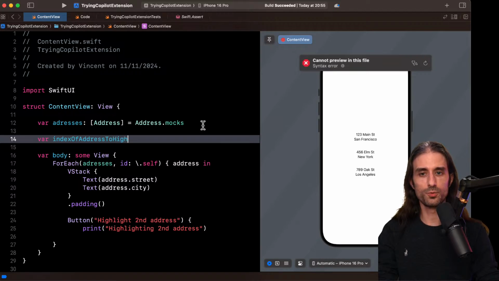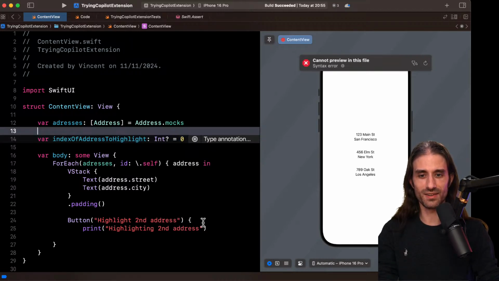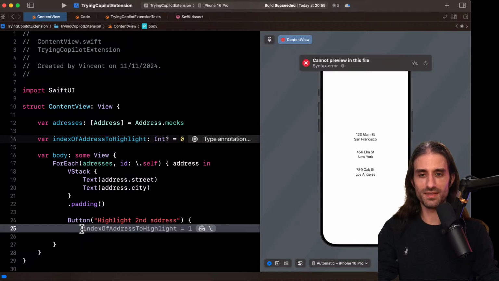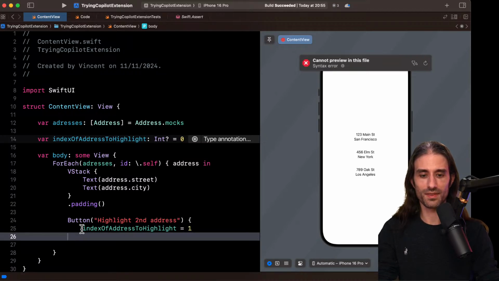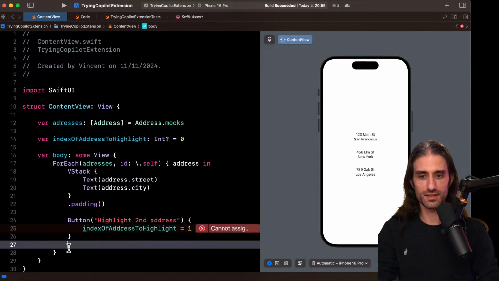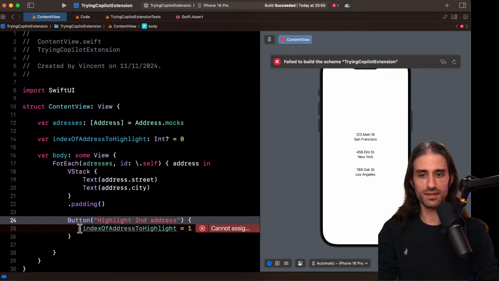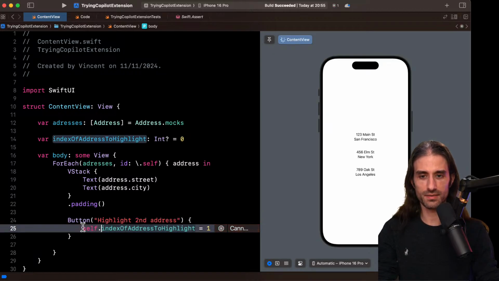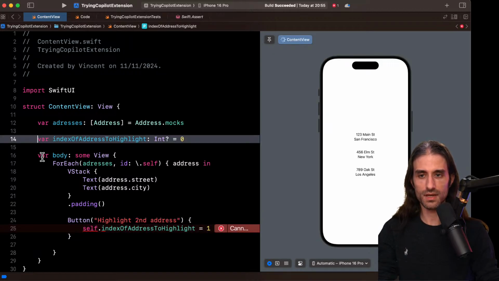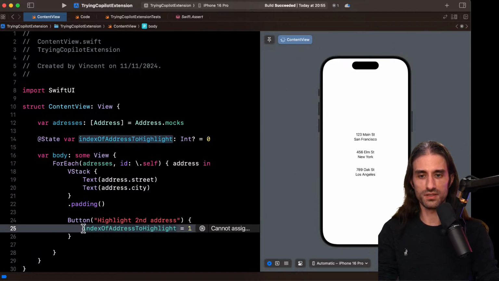It's super verbose. I'm trying to introduce a bug, but I'm lacking ideas. So here, what this will do now is that it's going to set it to 1. So that's perfectly correct. I think I need to do self here. I need to make it @State, even more than doing self.